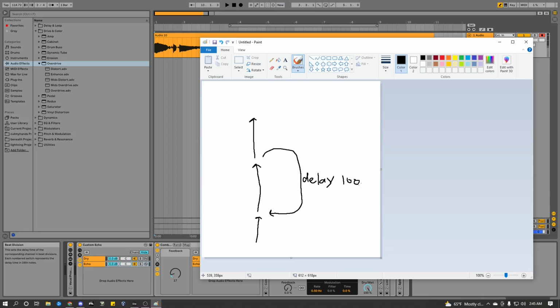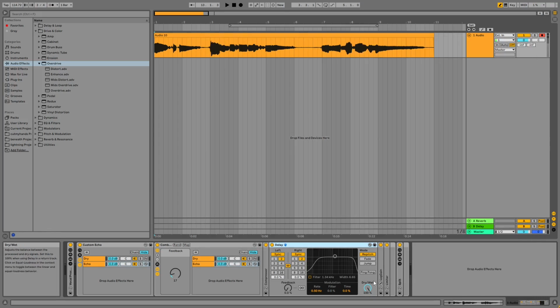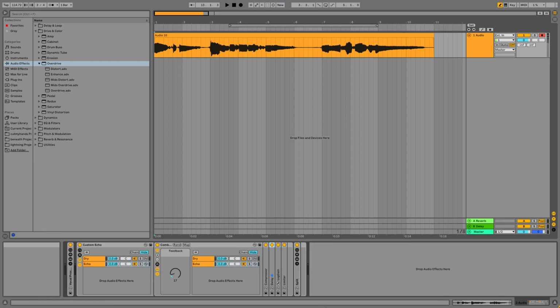100 milliseconds is what I had here before. Then it loops, and when it loops, it'll play multiple times. So you don't have to worry about this part playing the sound multiple times. The only purpose of this delay plugin here is simply to delay the audio once by some amount of time. Then we send it into